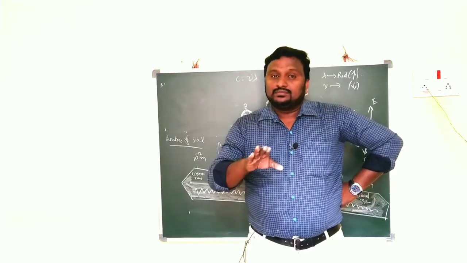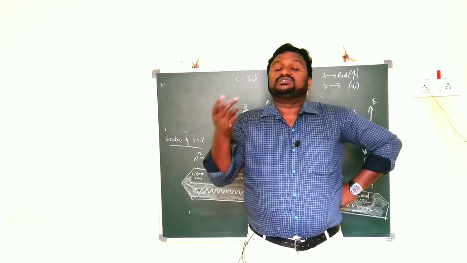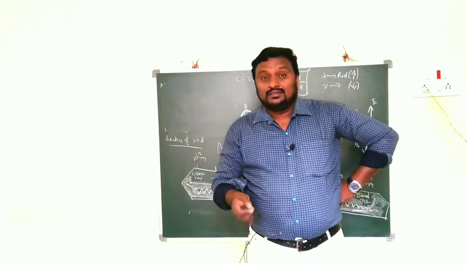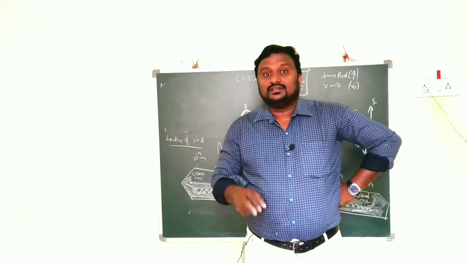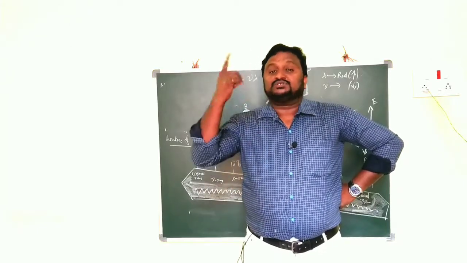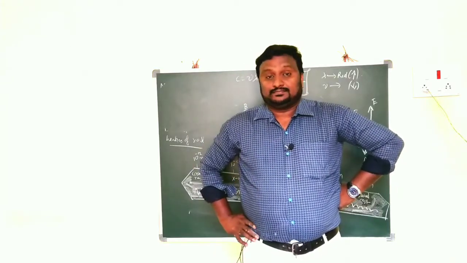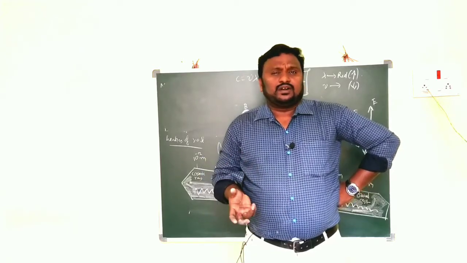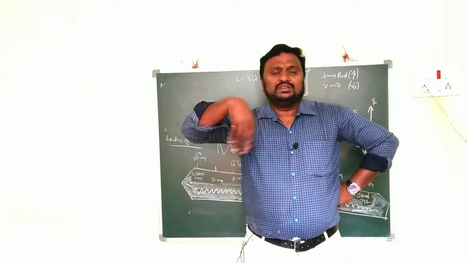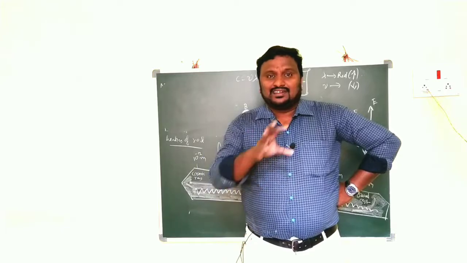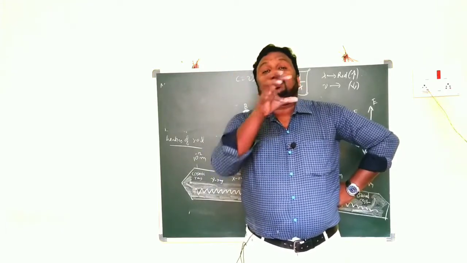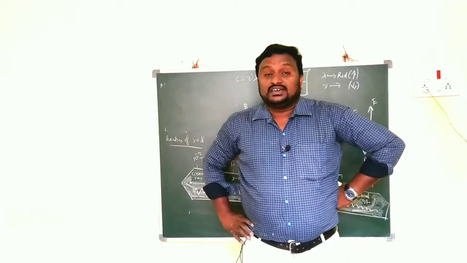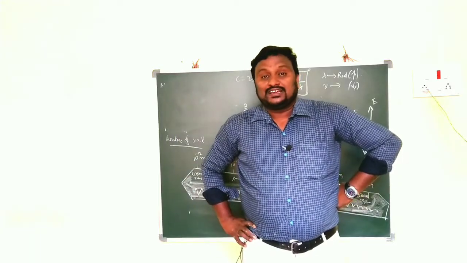After some time, it appears in blue color. After some time, it appears in orange color. After some time, it appears in white color. White means all colors are emitted at a time. So then the rod seems to be in white color. The heated rod should be in white color.